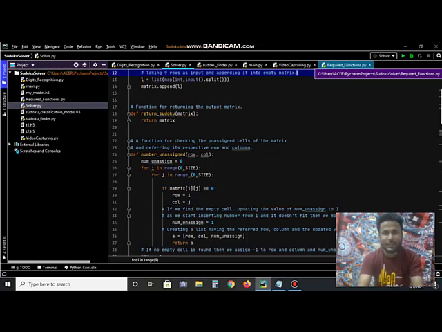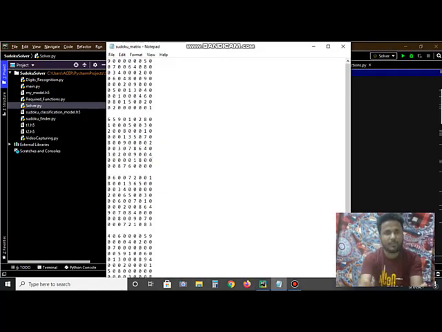Okay, so now we are going to test whether our main Sudoku solving algorithm is working correctly or not. For computing the solution of the Sudoku, we have used the backtracking algorithm, and in this backtracking algorithm, we will be tracking the entries by referencing the parameter rows and columns. For doing this, I have some unsolved Sudoku matrices with me. These are some of the unsolved Sudoku matrices, and now I will be passing all these unsolved Sudoku matrices as an input to our algorithm, and we'll see whether our algorithm is able to produce the correct output or not.